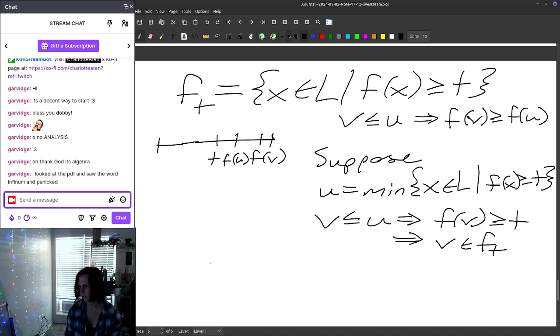Okay, so certainly we know that in this case f sub t has to actually contain the principal downset determined by that element u. That was the smallest thing. Oh, I see what I wanted to actually say here. So what I meant by the smallest thing was actually